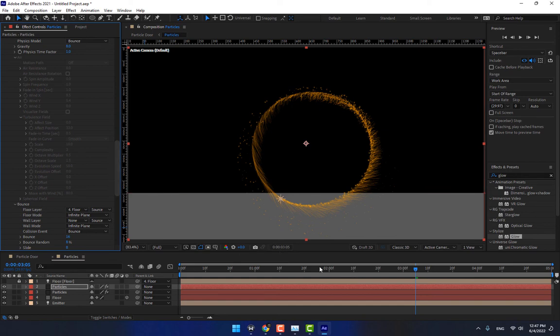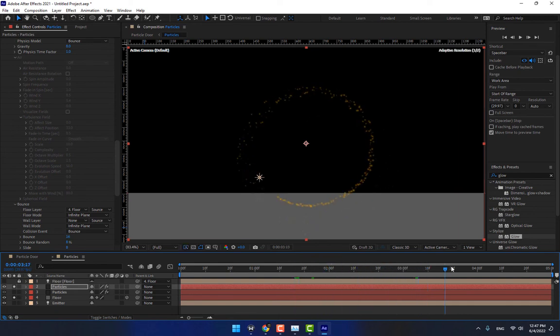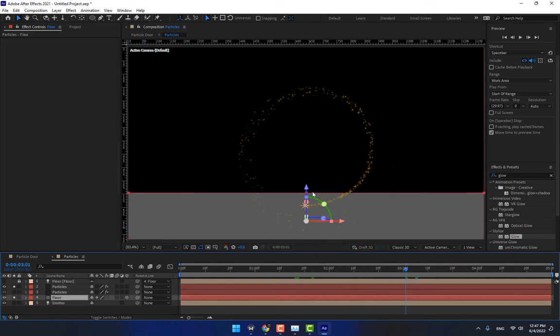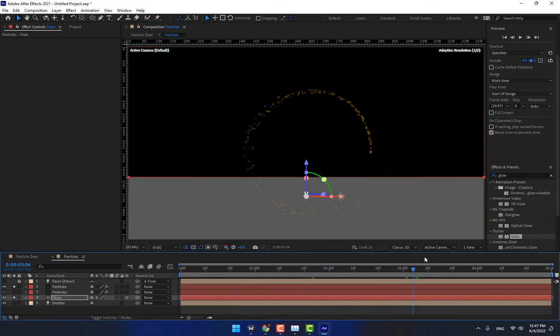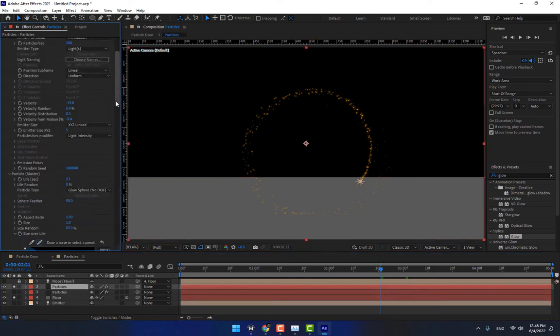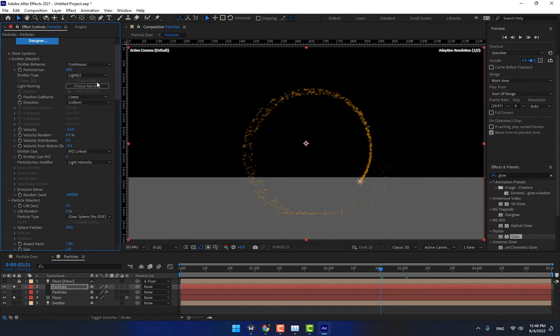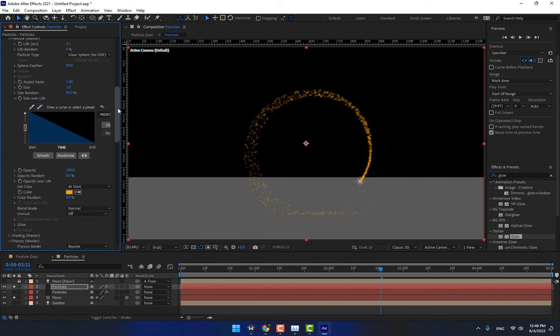Okay, when you play, select the floor, move up. Select again the particles, need more particles and change the motion path and go to down,